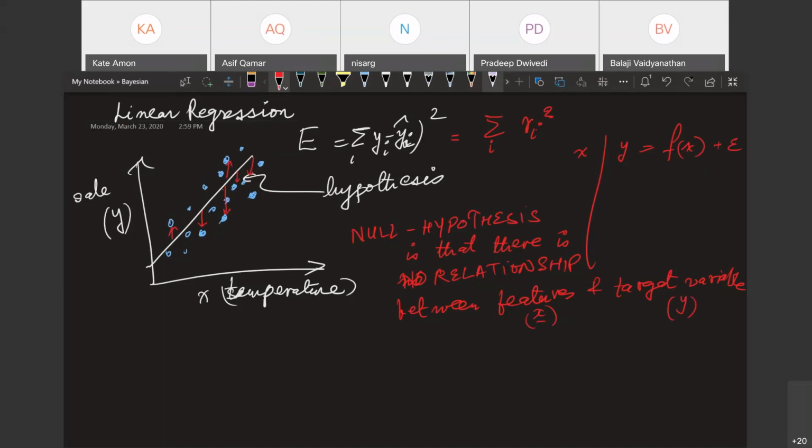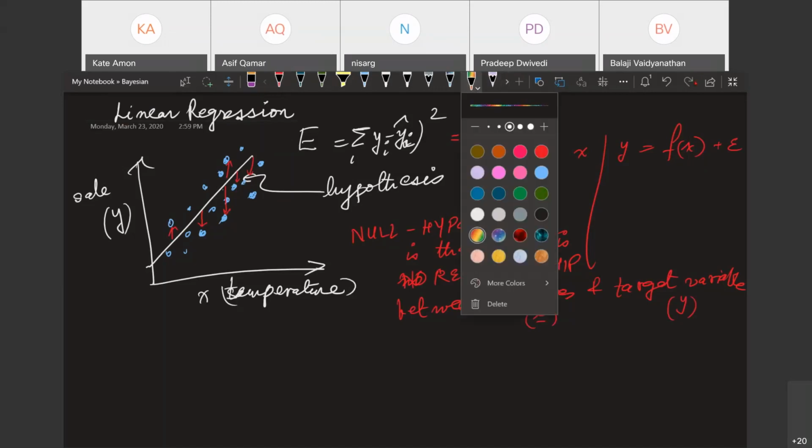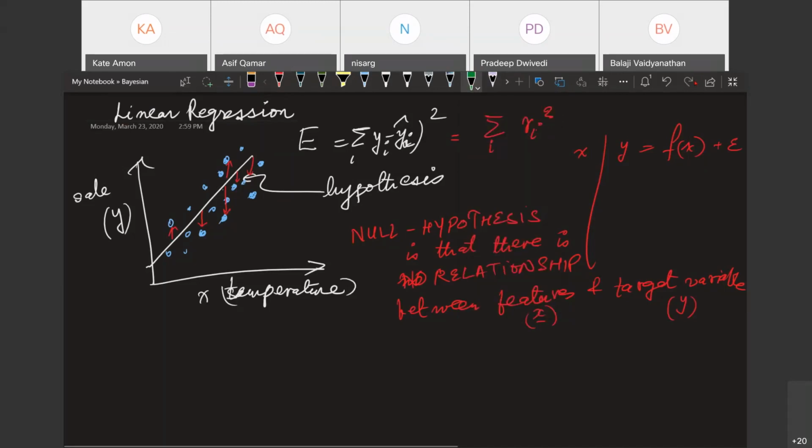Random. Use the previous y value. Yeah, what you can do is you can just take an approach which just takes the average of all the Y values, right? Just go and take the average value, Y bar. So irrespective of what the X is, predict Y bar. Isn't it? So this green line is the null hypothesis.